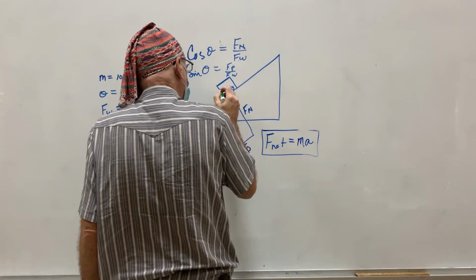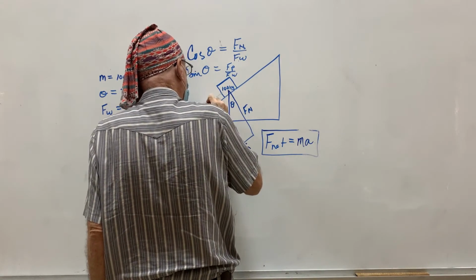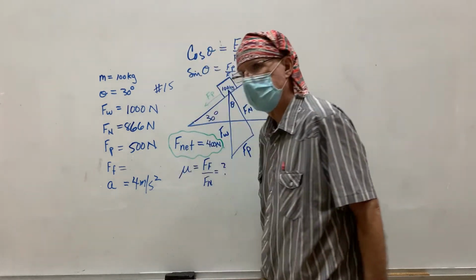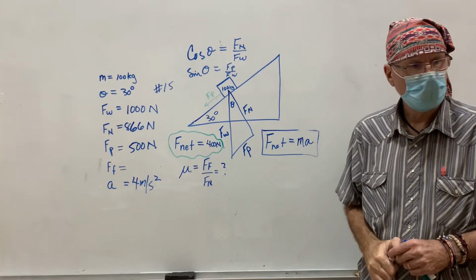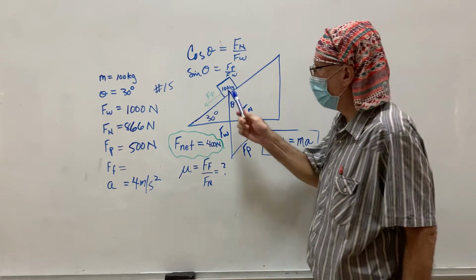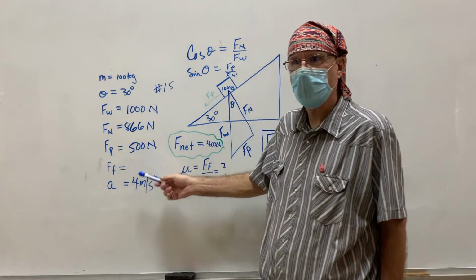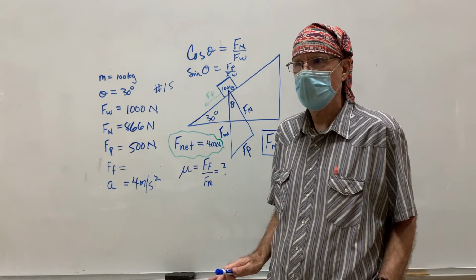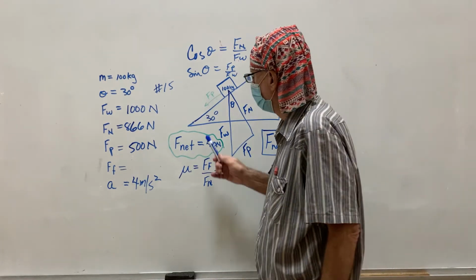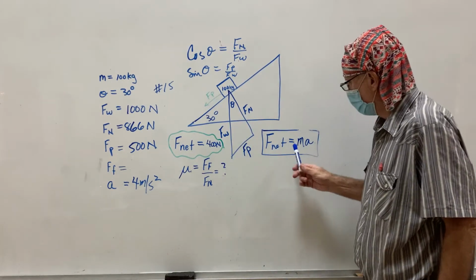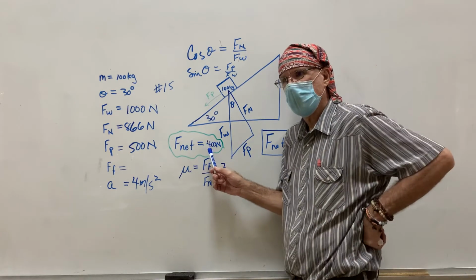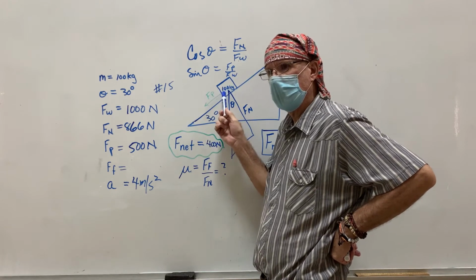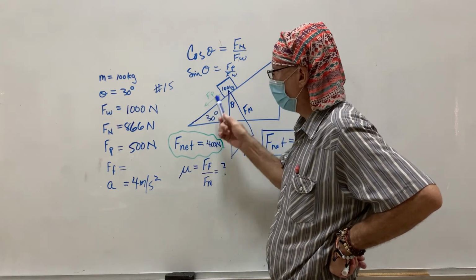In other words, I know that this is FP, correct? It probably looks terrible on screen. I know what FP is. It's 500, right? Yes? And I know what the net force is. The net force is 400, correct? So, if FP is 500,